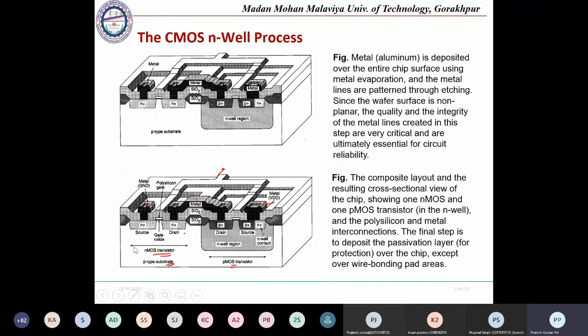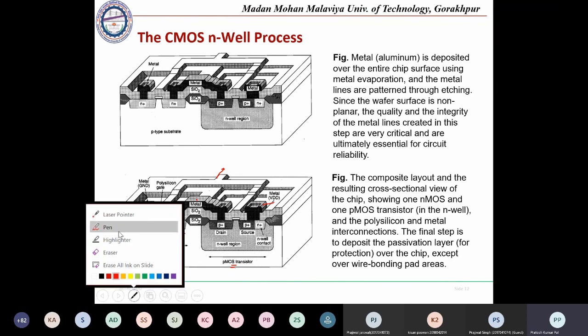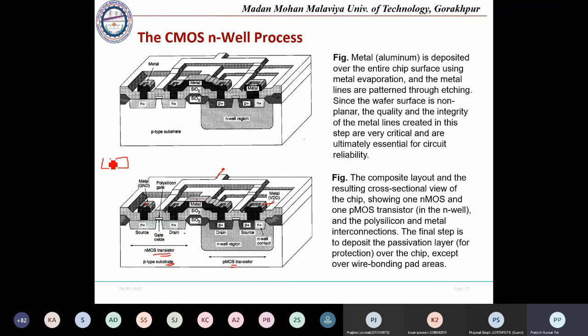If we are fabricating NMOS and PMOS separately, so this NMOS is there and a separate PMOS is there, but this will require higher area. So higher area will be required. Okay, but in case of CMOS, because the drain is connected, we are having a single connection. So it also reduces the interconnect area.